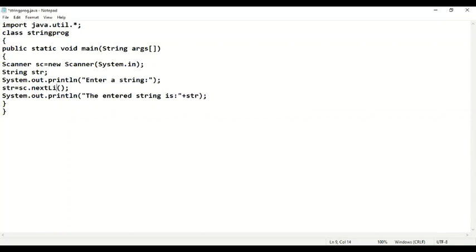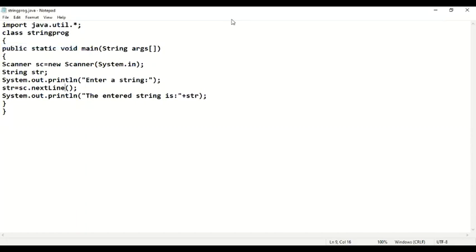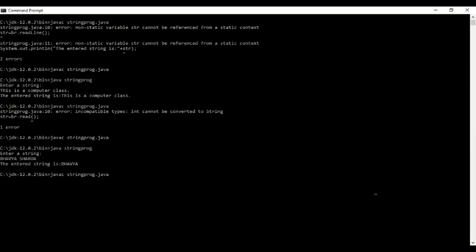sorry, caps lock on था, ये वाला, तब क्या होता? Save again, new share, command prompt, run it again. पहले compile करेंगे फिर से, then execute करेंगे. Enter the line of text. See, पूरा उसने name लिया है. Has it taken the whole name? That means the next line function of the scanner class takes the complete line of text.